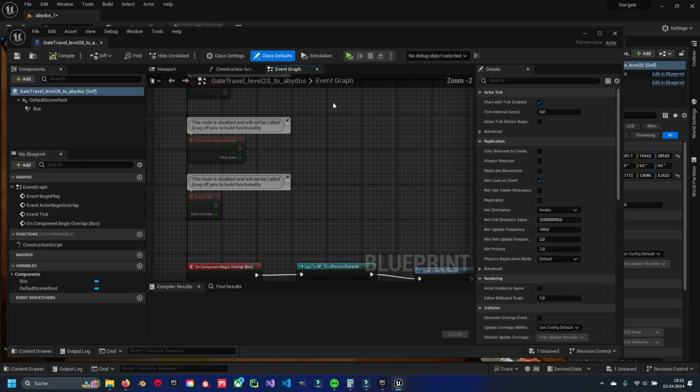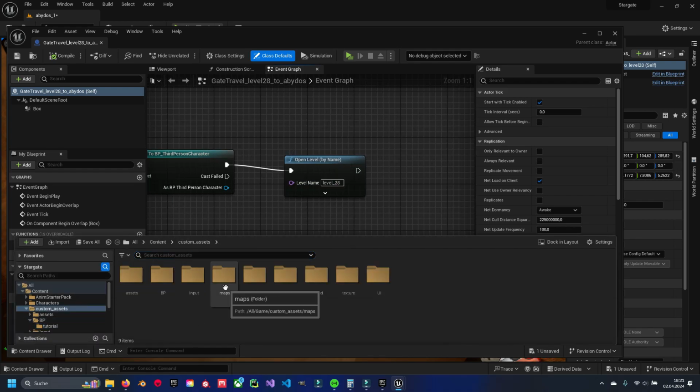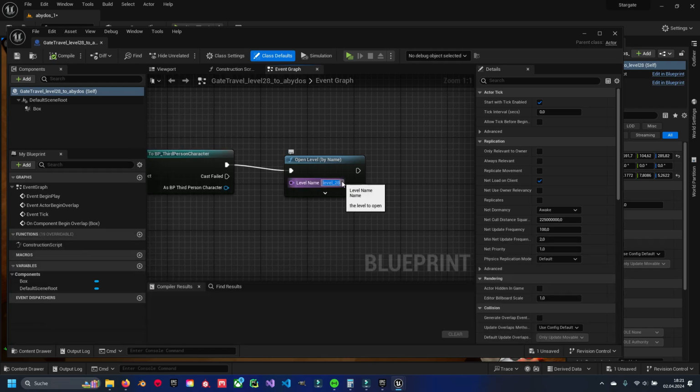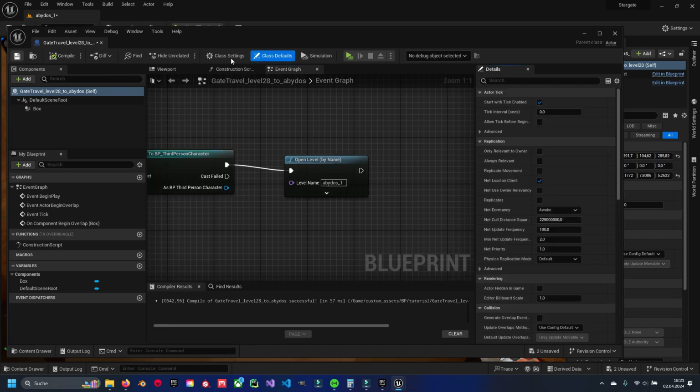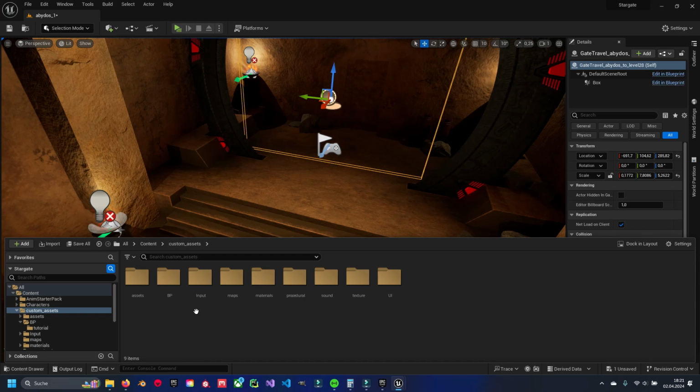The only thing we have to change is the level name. So go back to your maps, right click on the map and paste it in here. That's it. Compile, save, go to level 28 or the level you're working on,